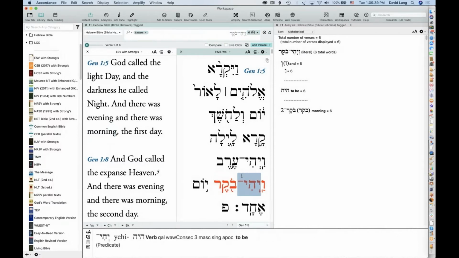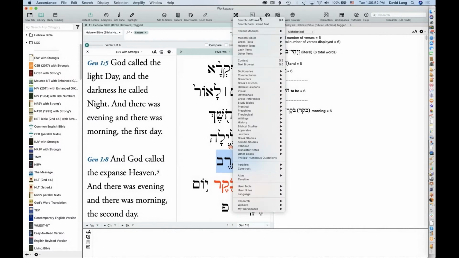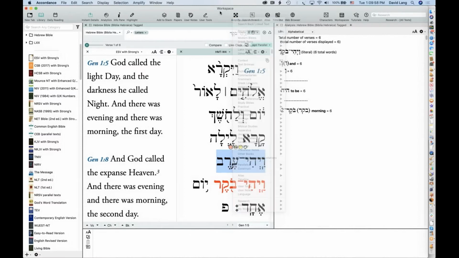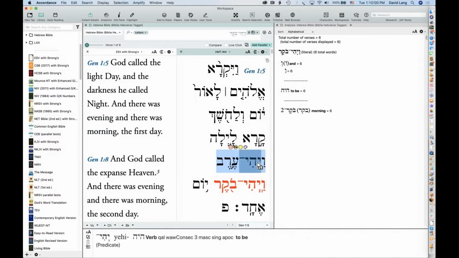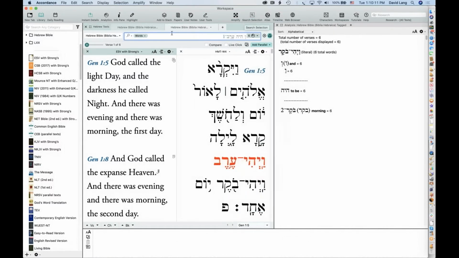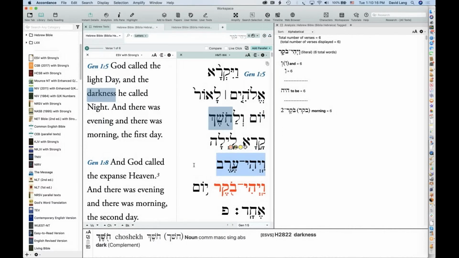But the way that I recommend you do a search for text that you want to look for is select the text and then go to the amplify button on the toolbar, and notice that the first item in the amplify menu is search whatever text you happen to have selected in. So it's searching HMTW4 because that's the Hebrew text that I have. So I can go up here, say search HMTW4. It opens up a new tab, so it doesn't lose me what I had before. I can still keep working with that text.